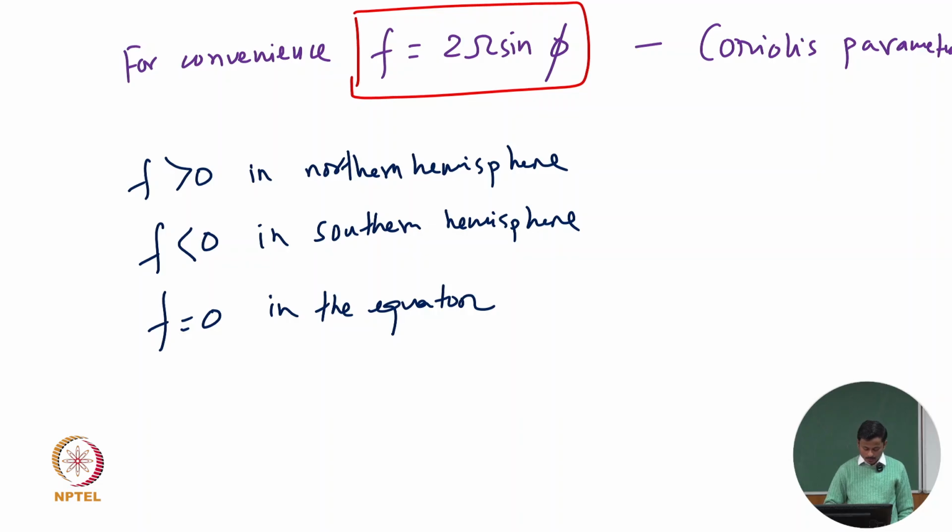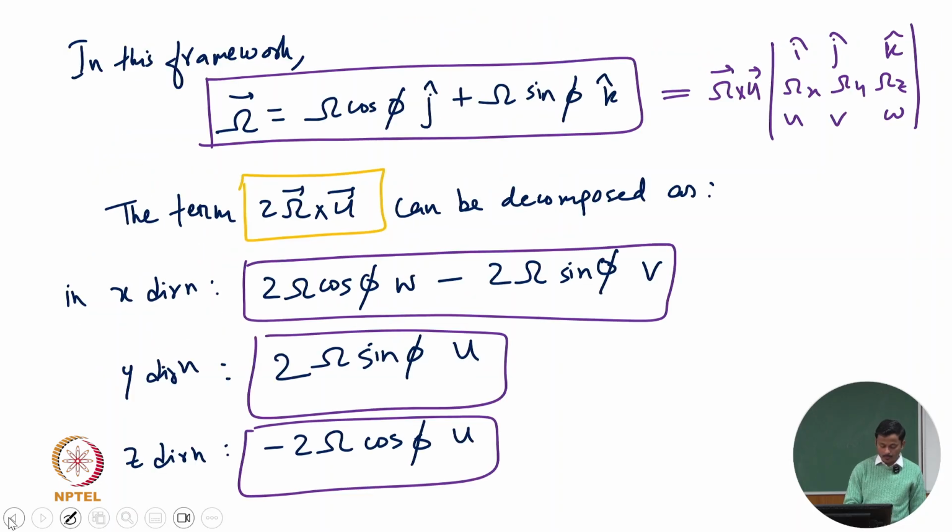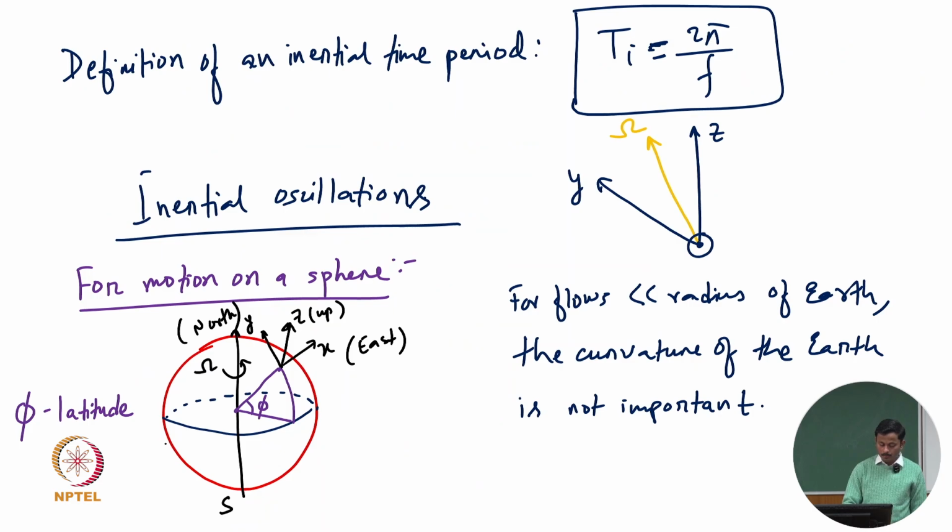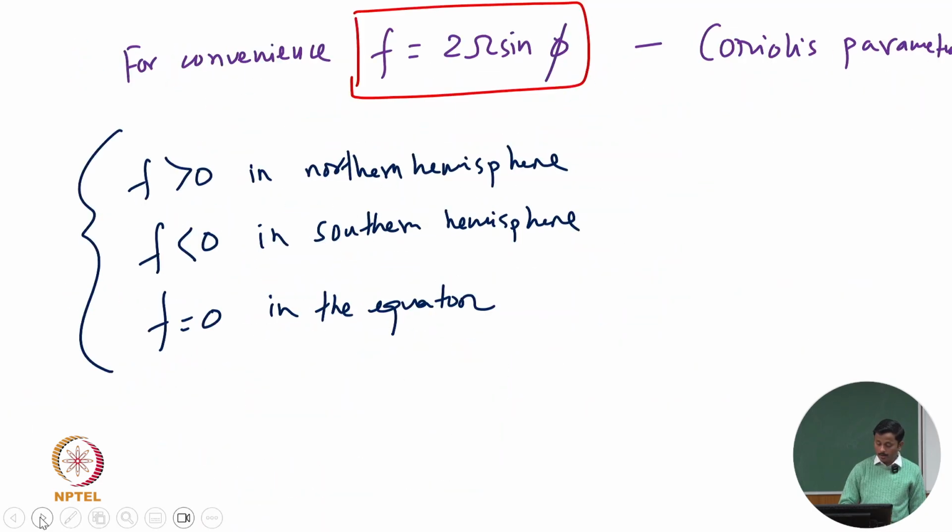So using this definition of f, these are the characteristics of f on this rotating earth, and using the definition of f, the unforced motions